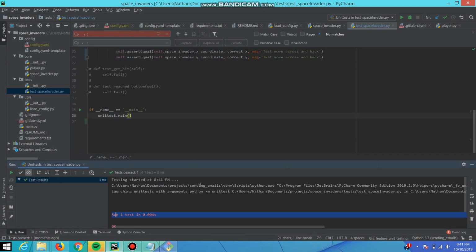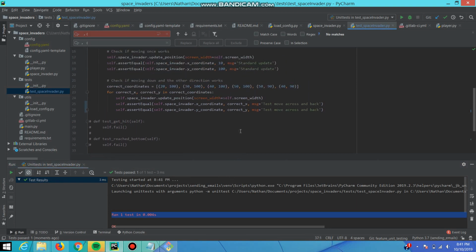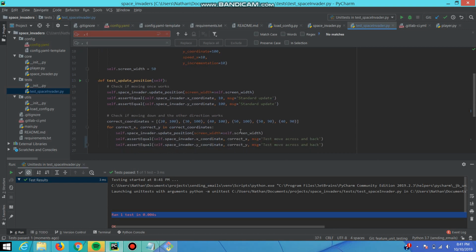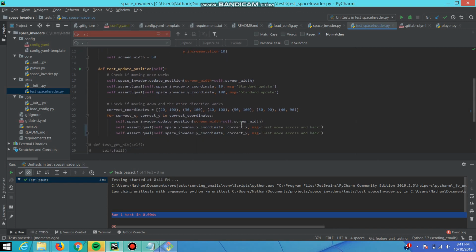So if we run this, it says ran one test in 0.004 seconds and it's okay. So I hope that makes sense, and I hope you also understand why this is useful, because if this function ever gets changed, it will become immediately apparent when you run this that your function is no longer correct, or at least it no longer functions the way you expect it to function. So that would be a reason to go check that out. Either way, that's the end of this video, and I hope to see you